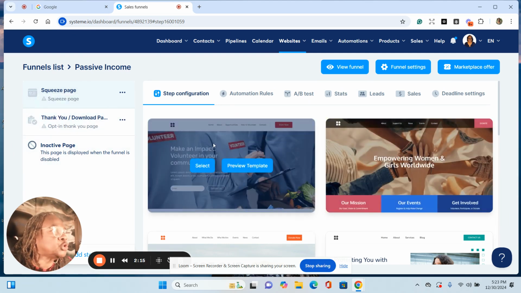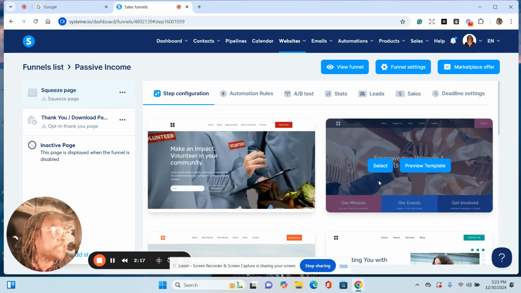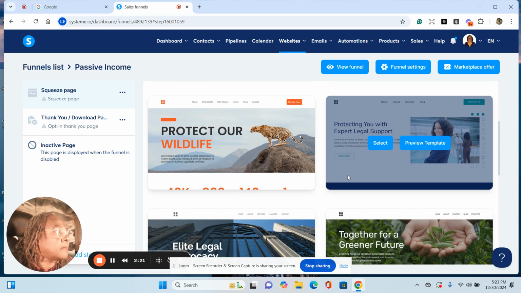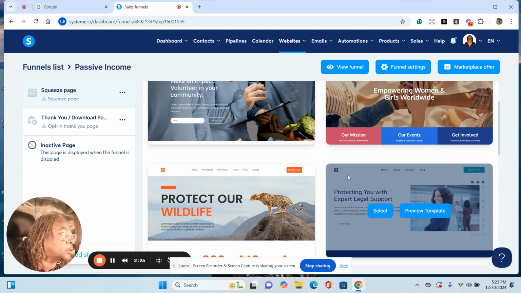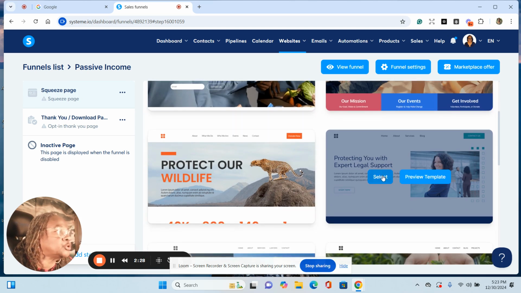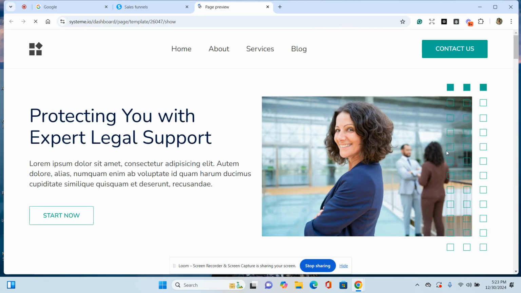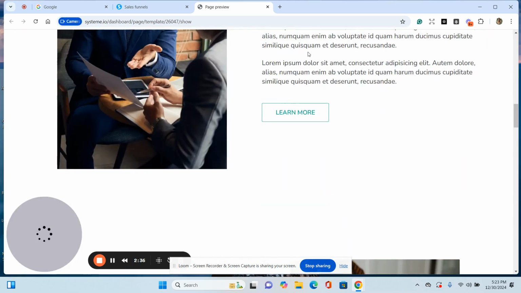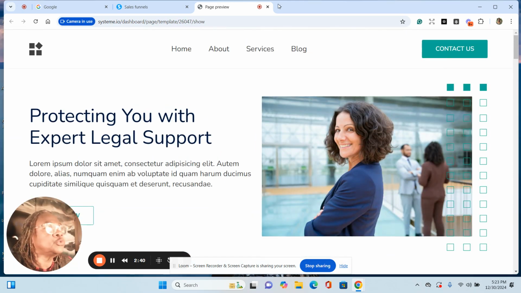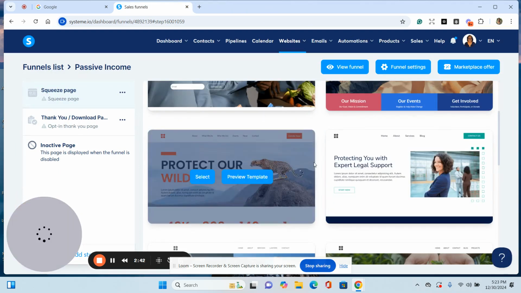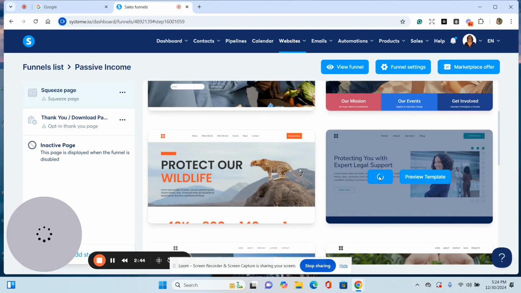Now I can choose from one of these templates here. Let's see which one will be suitable here. Maybe we'll just choose this one. You can look at it as a preview and see what it has on it. So we're going to choose this one. So I'm going to click select,